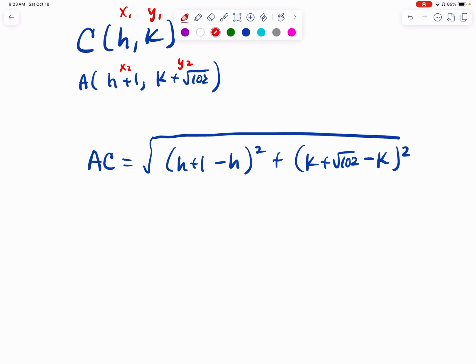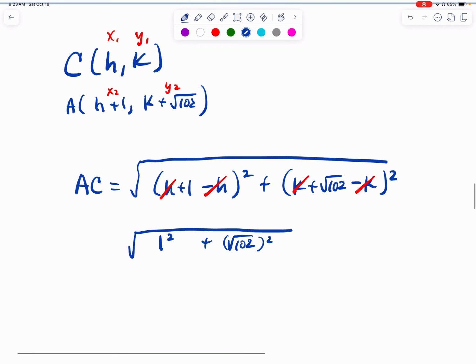And how convenient is this? Watch this. These h's cancel out, and these k's also cancel out. And then I'm left with the square root of 1 squared plus the square root of 102 squared,